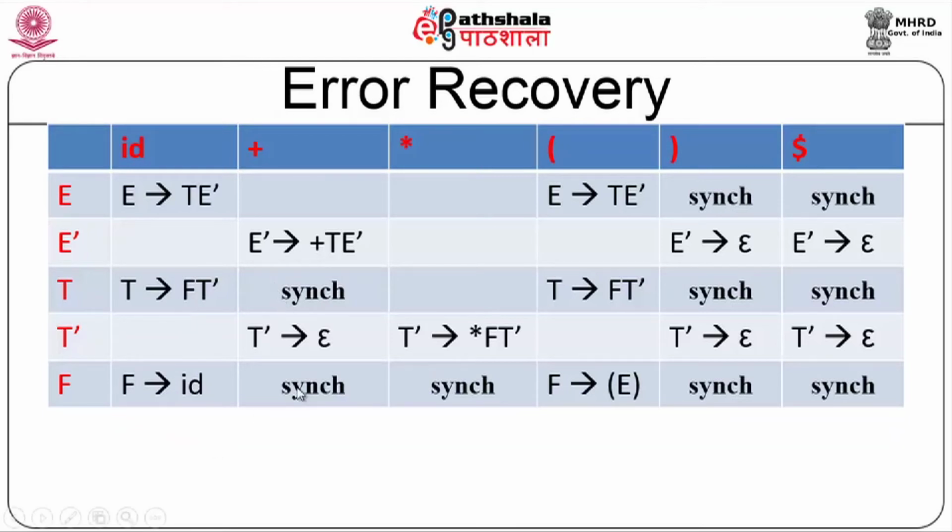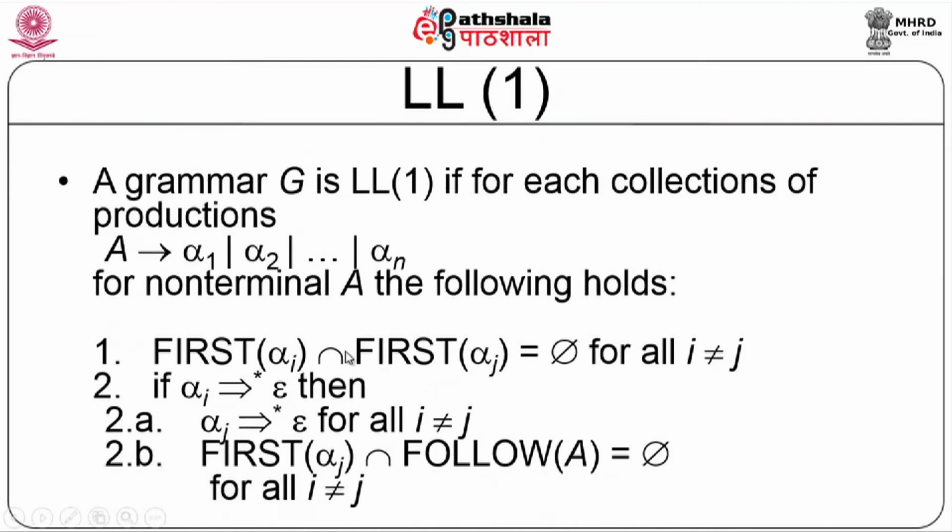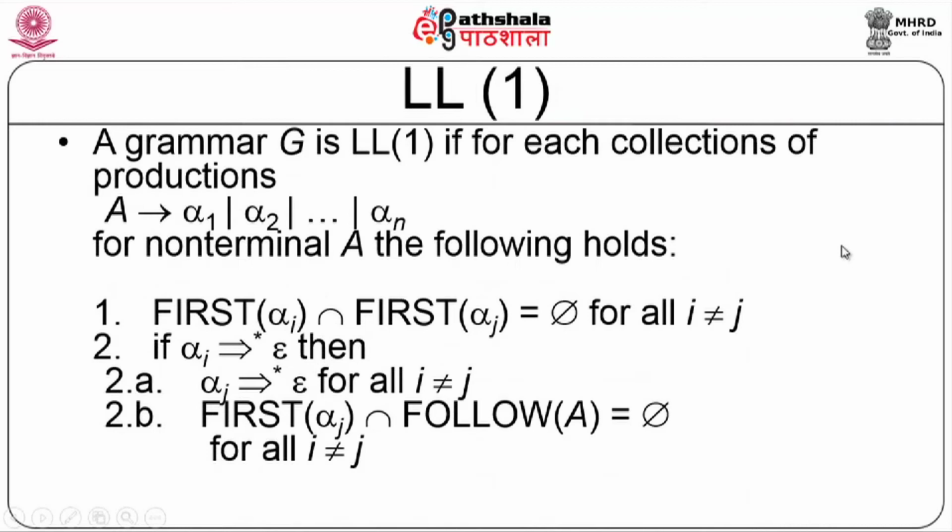So this is what it does basically, and now the characteristics of an LL1 grammar. In the example of the if then grammar, we had multiple entries in the parse table. That is, if it encounters this combination, it does not know whether to replace it with one production or with the other production. That means that grammar cannot be parsed using an LL1 parser.